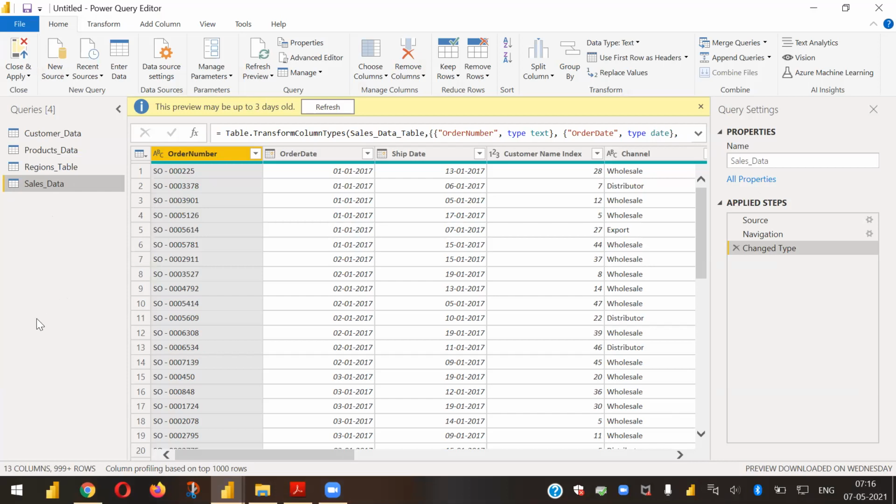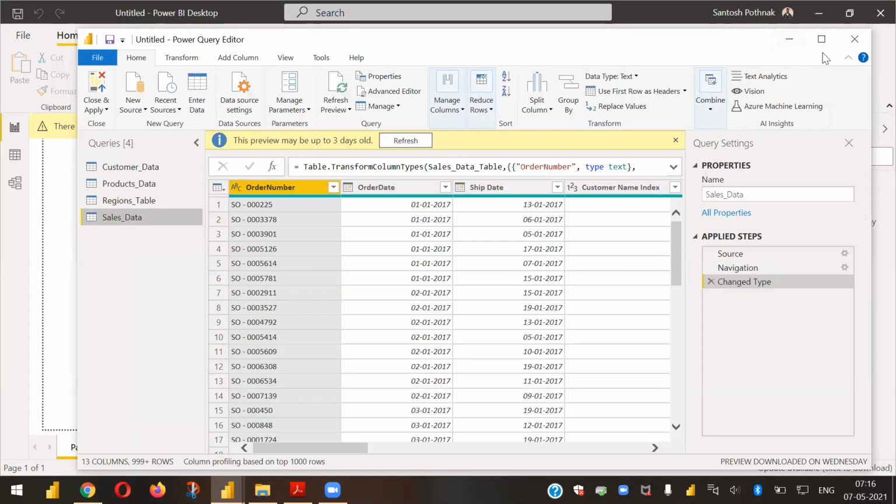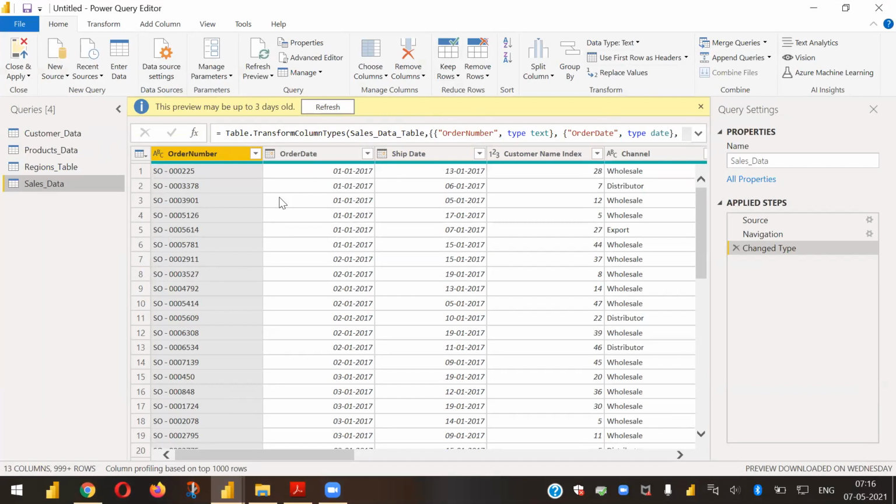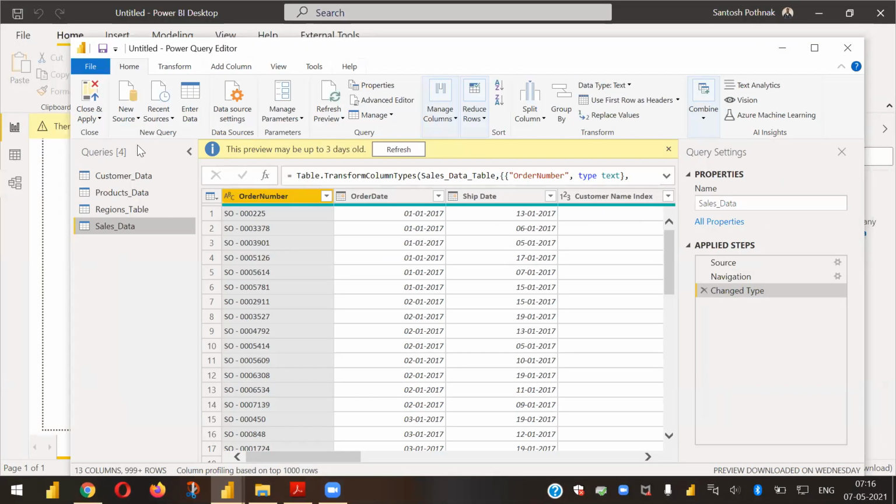Yeah. So after Transform Data, when we click on Transform Data, a new window pops up, which is called the Power Query Editor. So this window is the main thing for doing a lot of transformations. Our data preparation, our data gets transformed in this Power Query Editor, in this particular window. Once we are doing a lot of transformations and changing our data types and playing around with our data, adding new columns, splitting our columns, a lot of things we can do, after doing all those transformational activities, then we commit this data to our Power BI desktop.